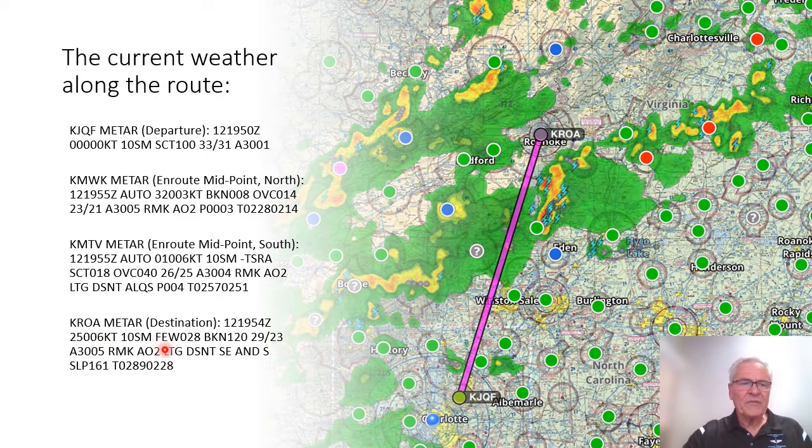Destination up here, 250 at 6, 10 statute miles, a few clouds at 28, broken at 12,000. That's pretty good. A little wider spread on the barometer, on the temperature dew point. 3005 altimeter. Remark,